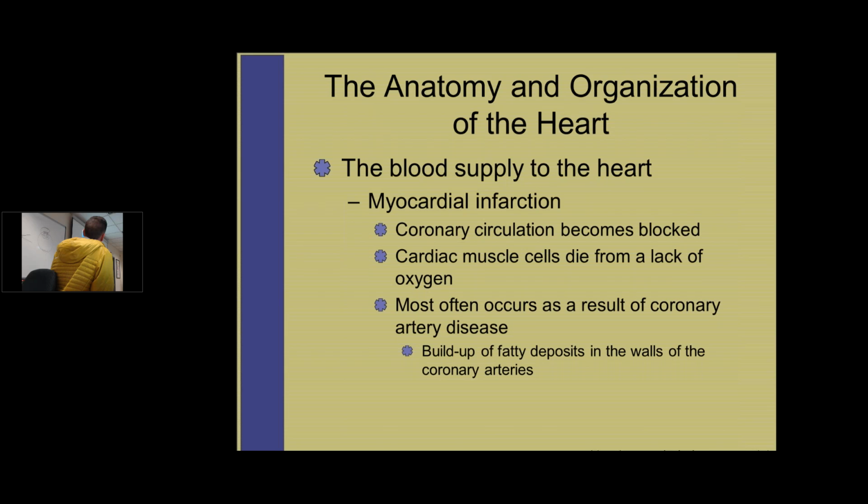So let's see. Myocardial infarction, MI. Circulation becomes blocked. Muscle cells die because they're not getting blood flow. They're not getting oxygen, so they're not getting that energy source. Most of the time, it results because of coronary artery disease, meaning buildup of fatty deposits in the walls. What we talked about, plaque. Those are the most common. Sometimes they can be because of other things,